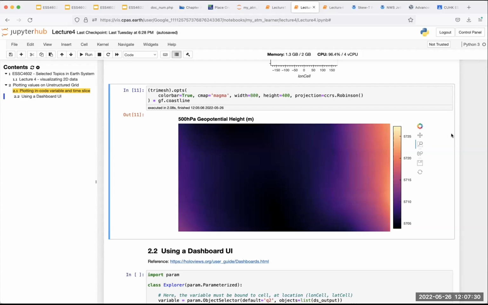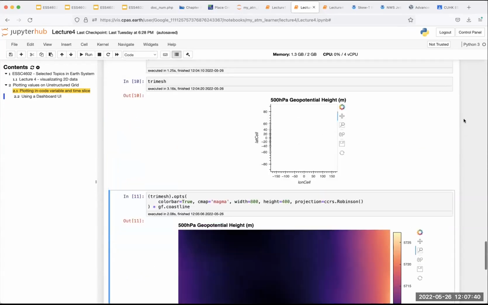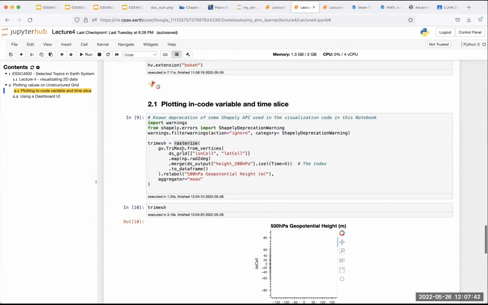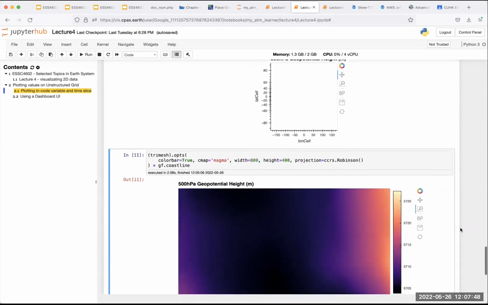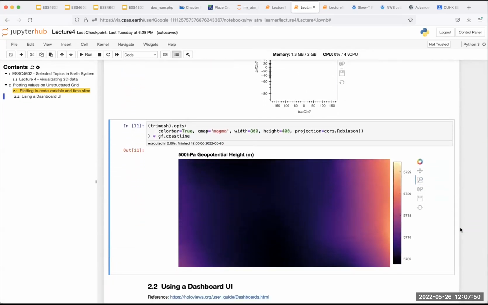This is somewhere in the Philippines, I think. Actually, if you zoom in to be very in, you will see pixels. Actually, rasterize will turn what you need to visualize into pixels in the back end. But if the pixels are very dense, then the drawing is of high quality. So this is one